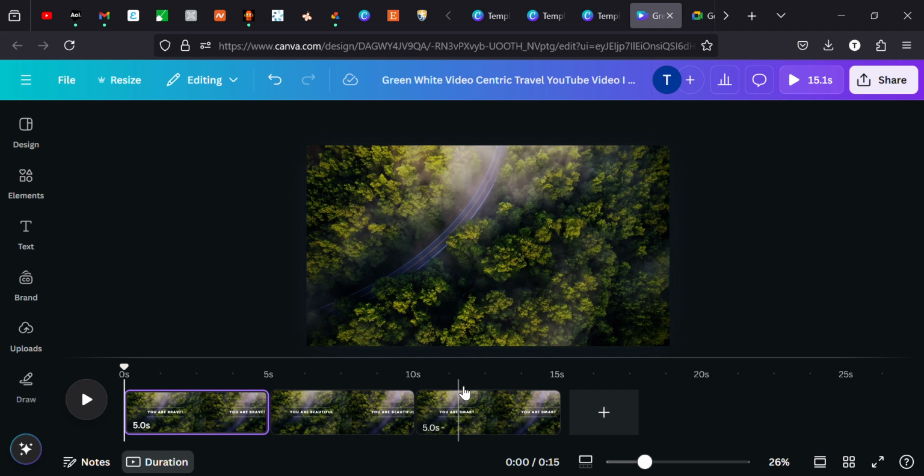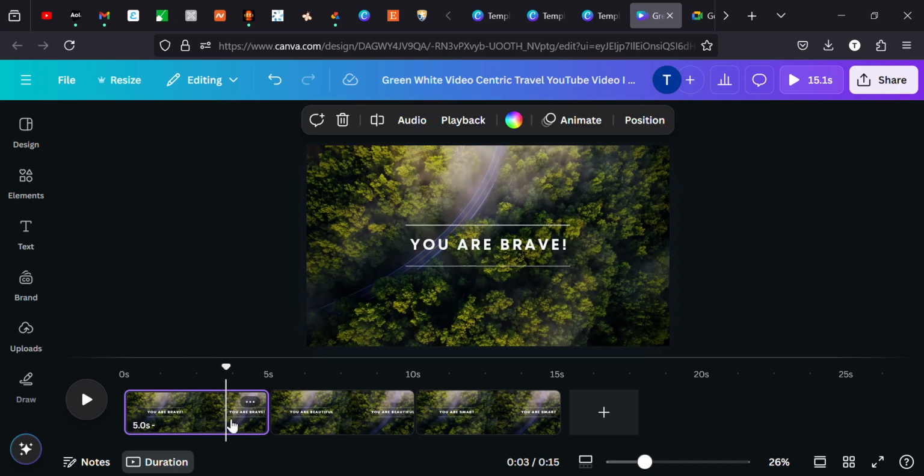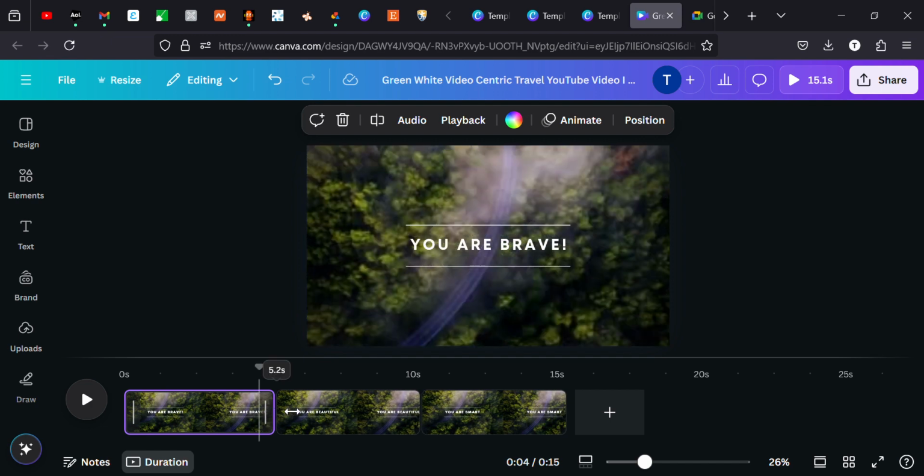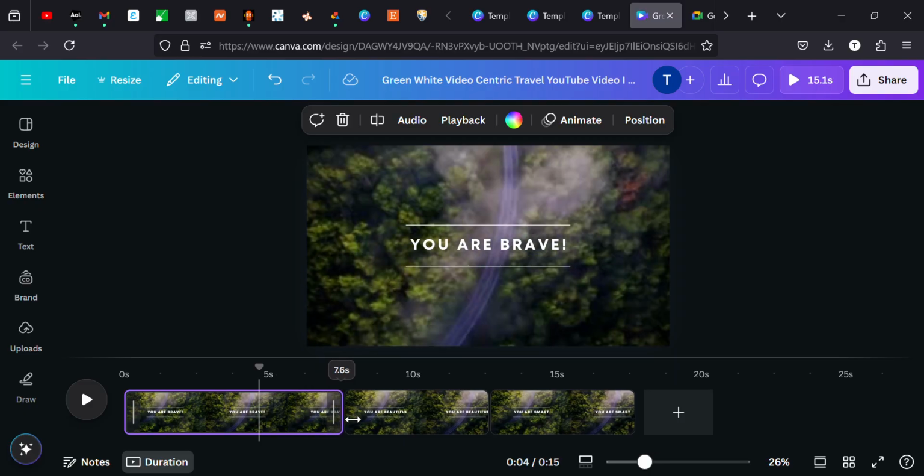For this example, I'm showing three pages. You can create as many pages as you want. If you want your video to be 30 minutes, you just keep duplicating the pages and then changing the text until you have 30 minutes. Now if you think 5 seconds is too short for a page, you click on that page, and then in this corner right here, you see this arrow, the horizontal arrow. You're going to drag it, and it's going to make the